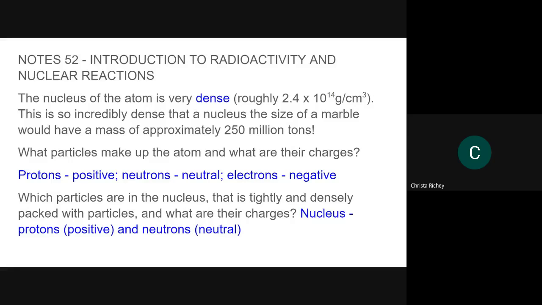Okay. Now, I guess I should have moved that off on a different line, but I did not. And so in the nucleus, you've got your protons and your neutrons. Okay? And then in your electron cloud or ring or shell,